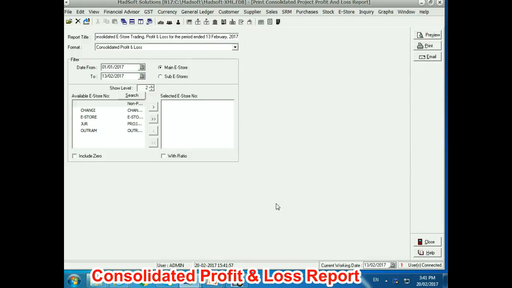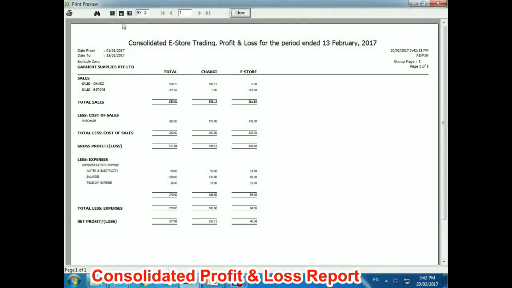Now I'm interested to know what are the revenues generated by the two different locations. I can use my e-store consolidated profit and loss statement. I just need to choose the two different locations: my distribution sales from the warehouse and the e-store. So this report,